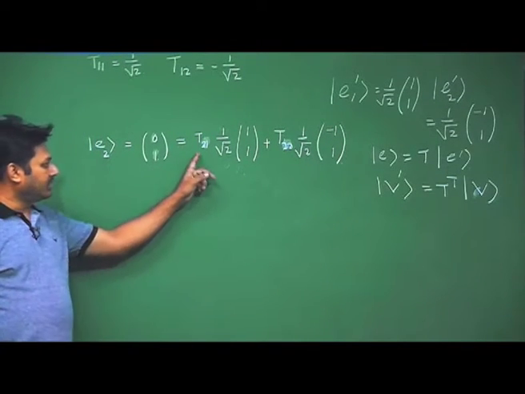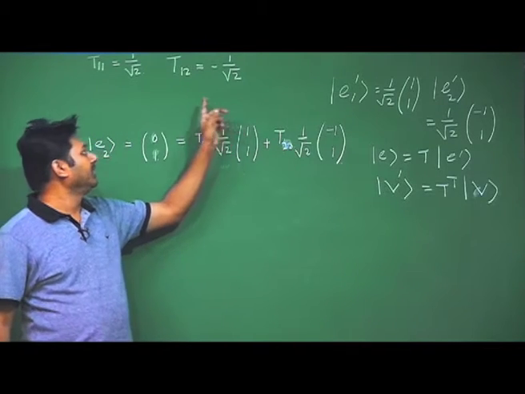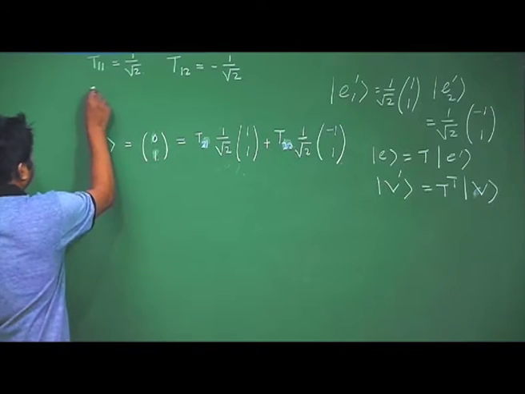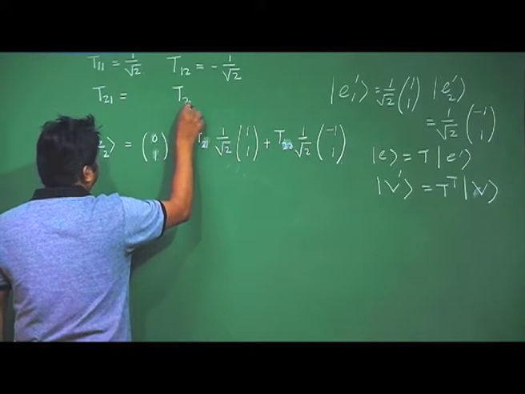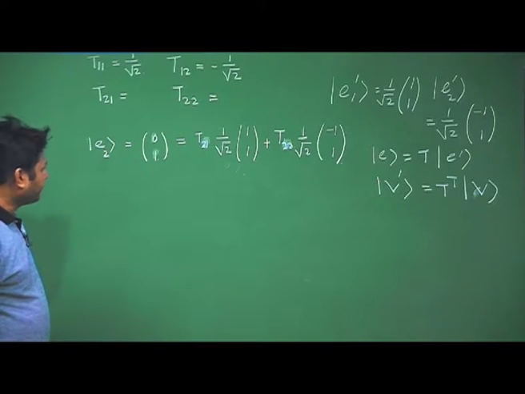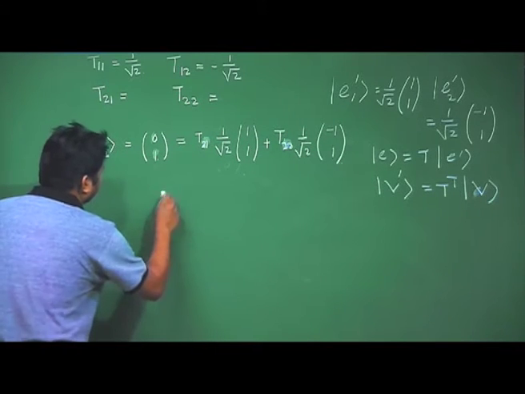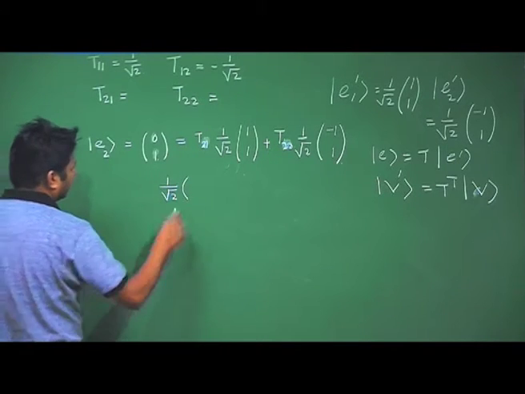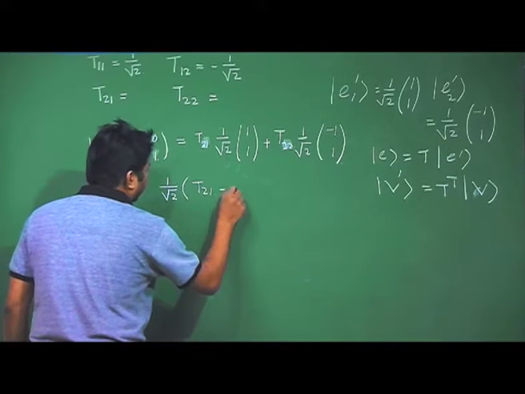I need to find out this also to complete the matrix. It will be a 2 by 2 matrix, T. Two components I figured out, another two components, T21 and T22, I need to find. So now with this equation I can write a similar kind of equation, here T21 minus T22